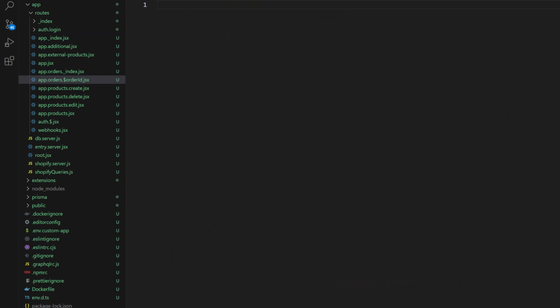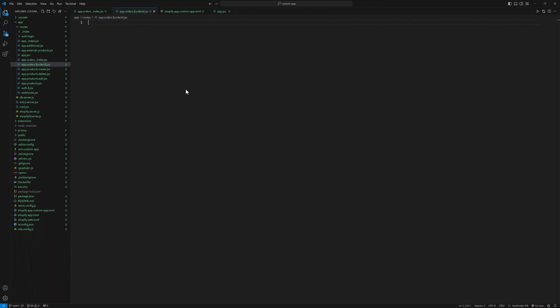Okay, now we need to import some components. I'm going to copy and paste. We have useLoaderData, json, authenticate, Page and Layout, and Frame from Shopify Polaris, and then we will